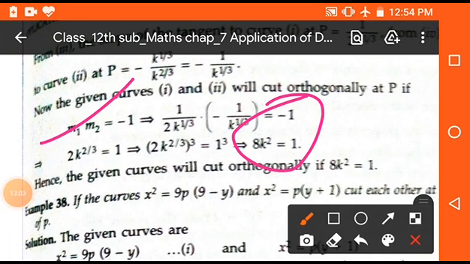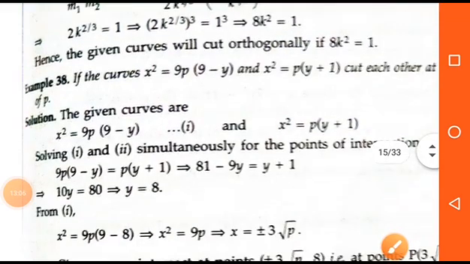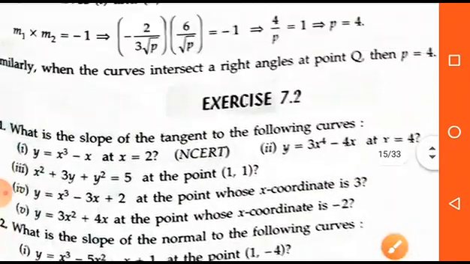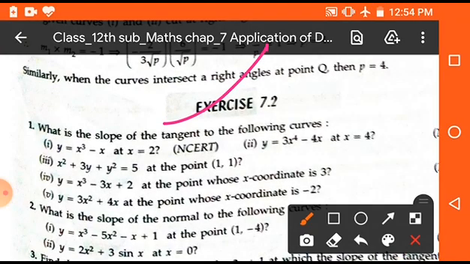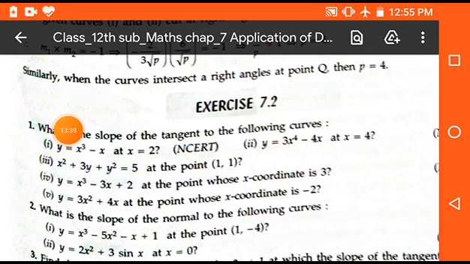Okay students. Now, the exercise 7.2 just depends on the tangent and normal. In this exercise, you will have to solve the questions related to equation of tangent, equation of normal, finding the points, and finding the intersection line. So this is your homework and you will have to solve the questions of this exercise. And if you have any problem, then you can see this video again and again and you can solve the questions by using the examples. Clear? Okay students.